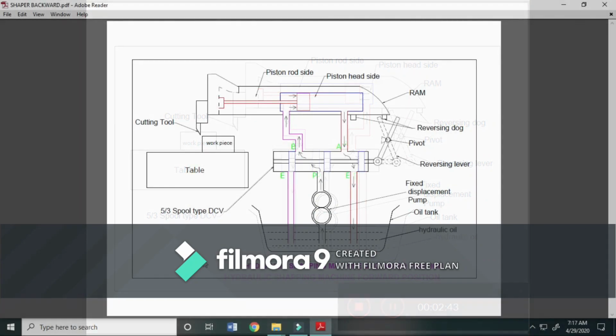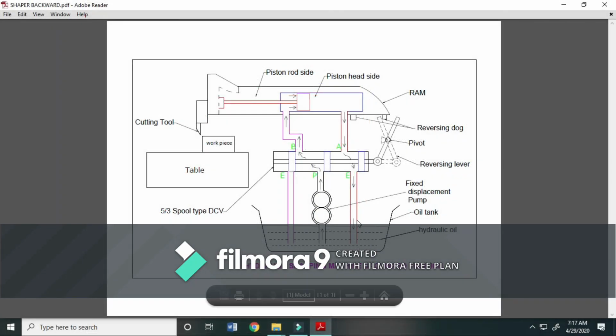This line diagram shows the backward position of hydraulic shaper machine. In this backward position, you can find some differences. That is, port P and B is connected. Port P is for pump, B is for backward. Therefore, oil from port P will reach port B, and port A and E is connected.